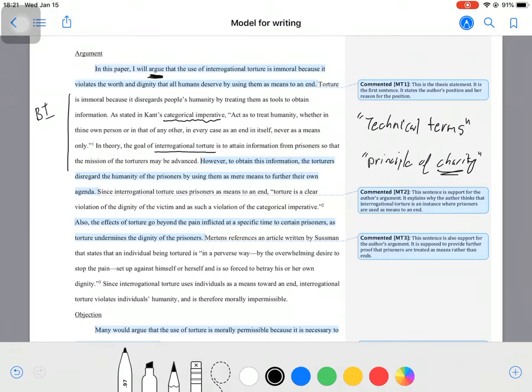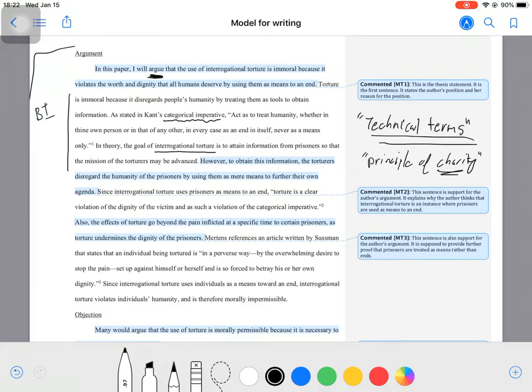Charity means something very different in common discourse than it does in this case, the principle of charity. The principle of charity is actually what we're asking you to use for this paper, but I'll explain that later. To summarize, if you encounter technical terms or notions that a reader would need to know more about to understand the rest of the paper, this is the space to define them. And in this argument section, that's what this author has done.